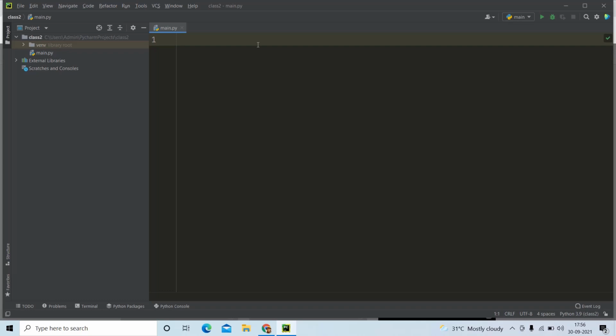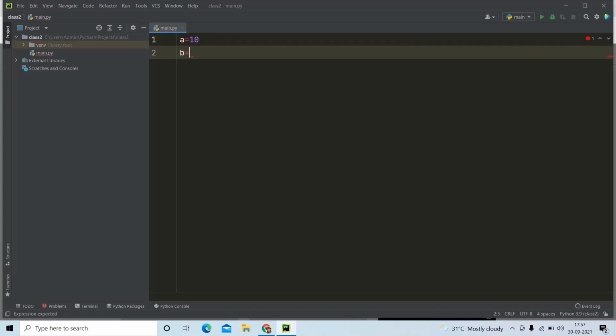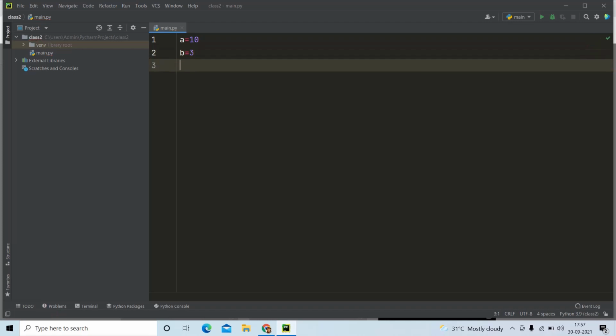To process any arithmetic operator, the main thing is we are going to deal only with integers or floating point. So I am going to give a variable a which is equal to 10. Then I am proceeding with b is equal to 3. Now what I am going to do is I am going to try to print and see a plus b